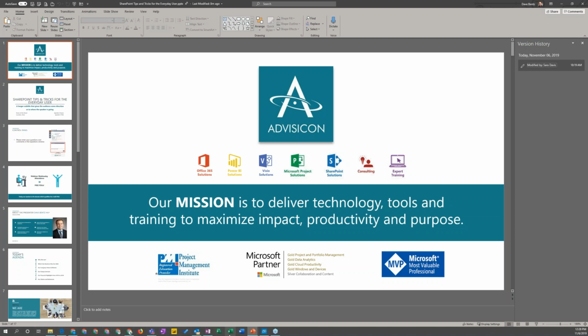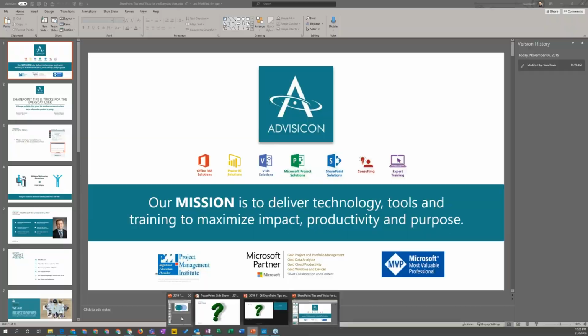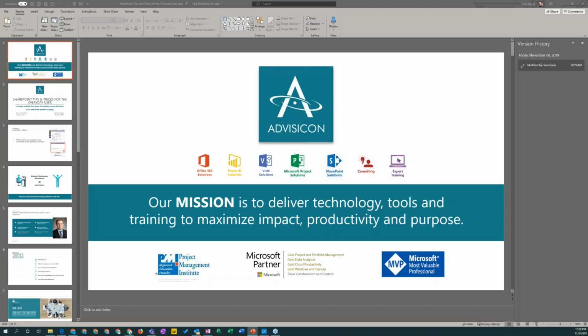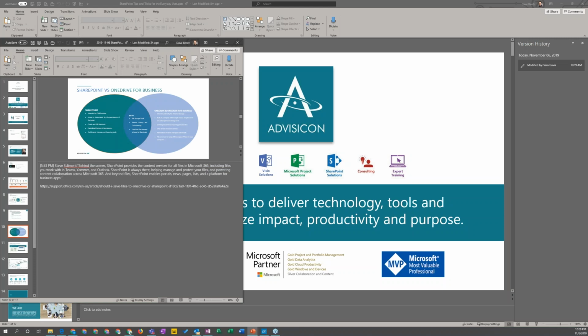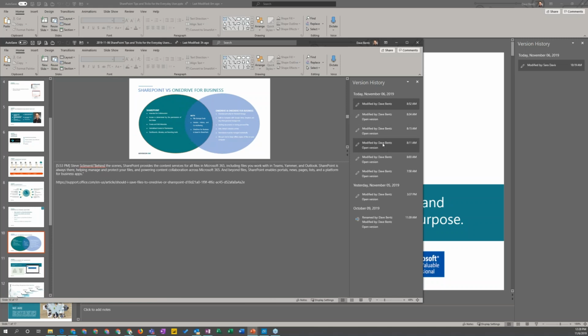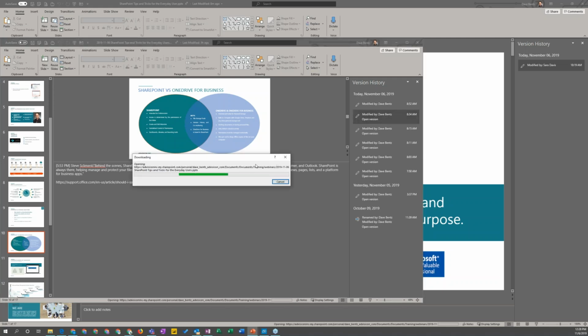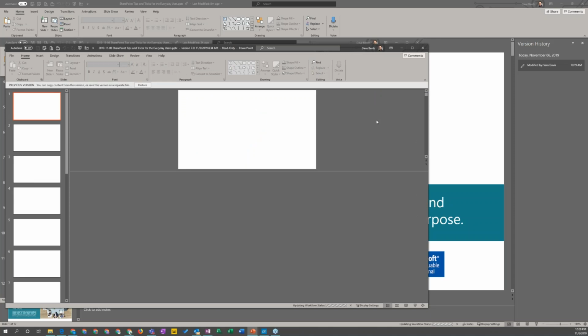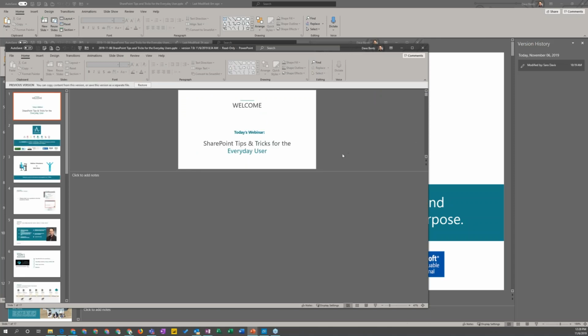In fact, I can bring over a different version of this file that I have open. And we can see this file. As we open up its version history here, you can see all the different versions of the various edits and save times that have happened. What you can do is click any of these versions and click the pencil on it, and it'll download that version. Now we can see this version, and if this is the version that's got the changes in it that I want to save,